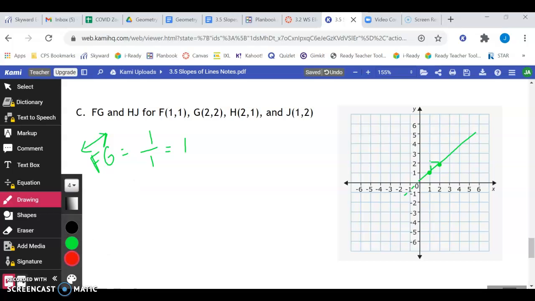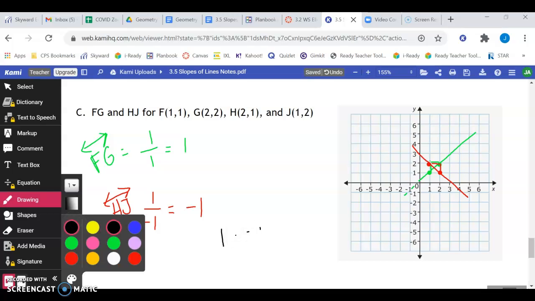Now, H is over 2, up 1, and J is over 1, up 2. And that rise is 1, and then we go back 1. HJ, we went up 1, and we went back 1. That is -1. So if I multiply these two numbers together, I get -1, which is what the